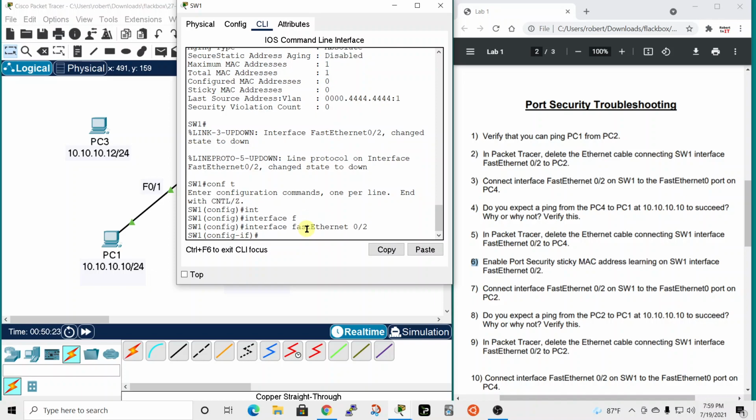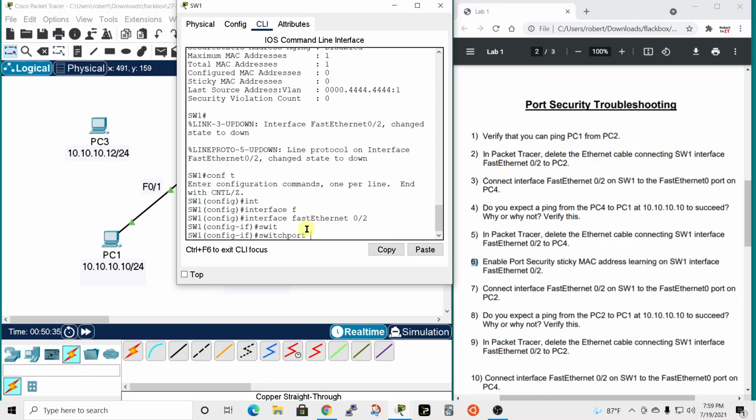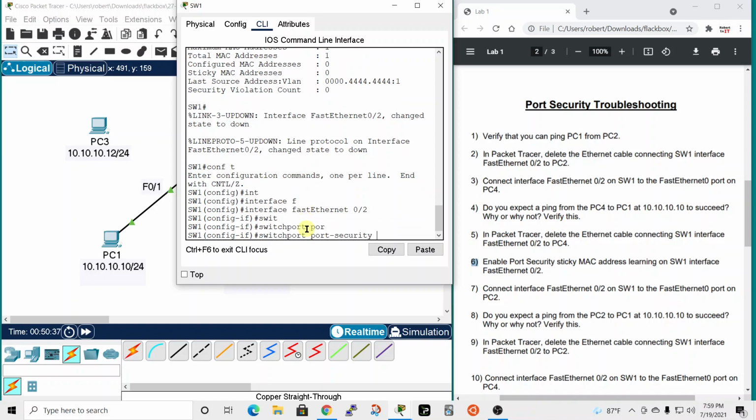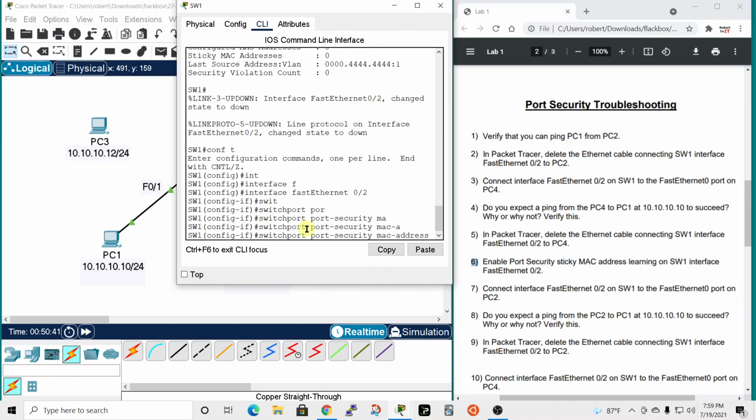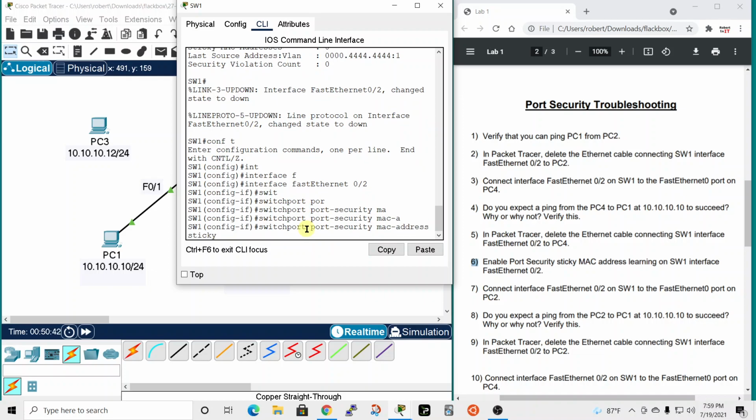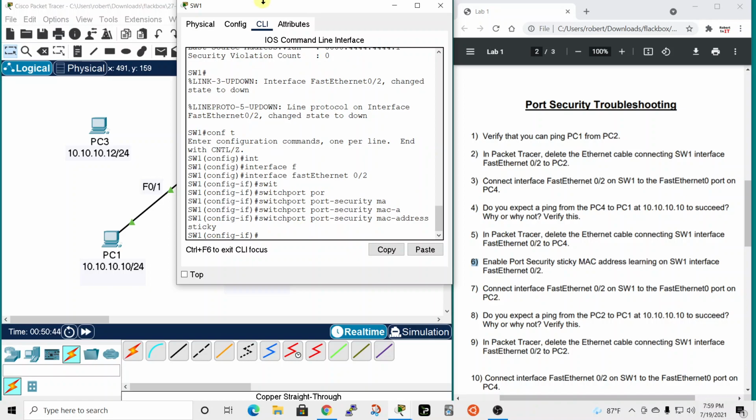Yep, 0/2. And what we want to do is enable port security sticky MAC address learning. And to do that, the command is switchport port-security mac-address sticky. And what this does is